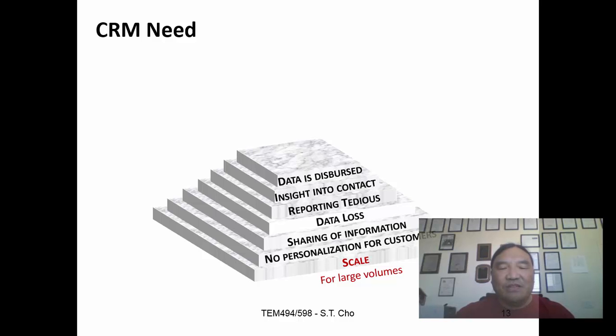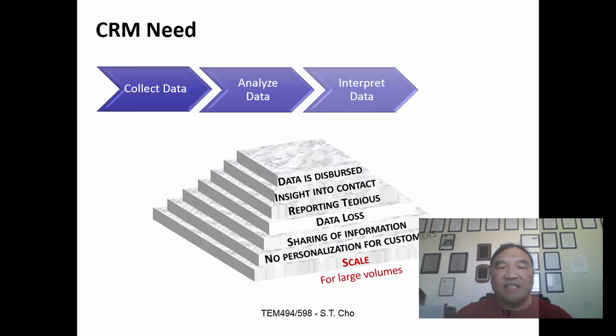In terms of our needs, probably the biggest need of all, besides organizing this data, is scale. CRMs are how we scale. The other thing we need is consistency. When I get a new customer, how do we act? What is it that we do? So a CRM system, for example, after somebody makes their first purchase, within 2 or 3 months, will send them a message to follow up with them. So it's about collecting data, analyzing data, interpreting data, and applying that data.